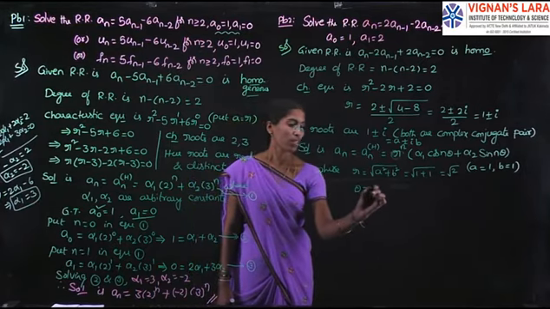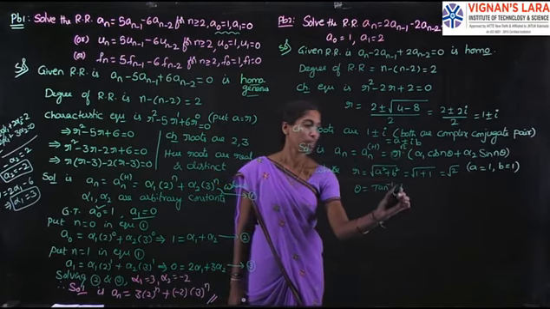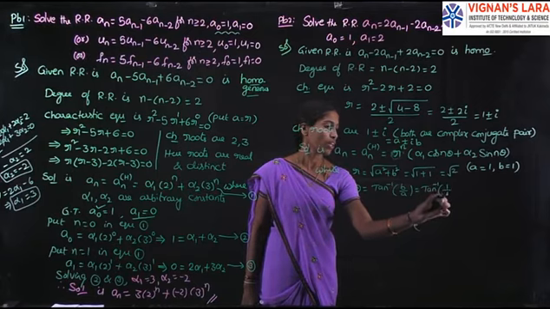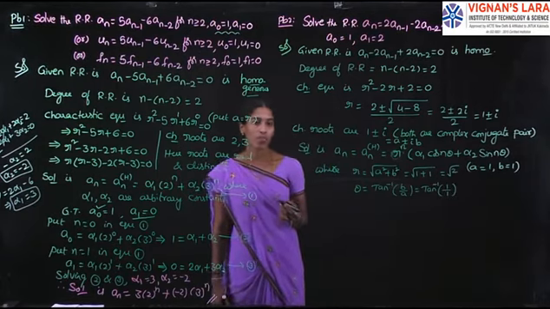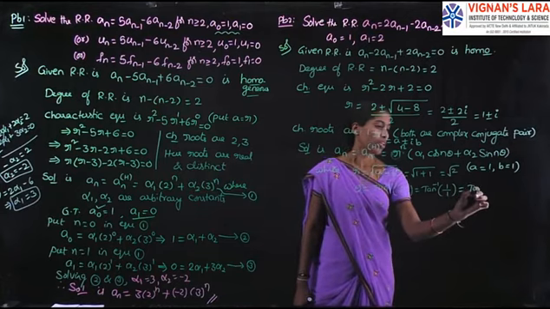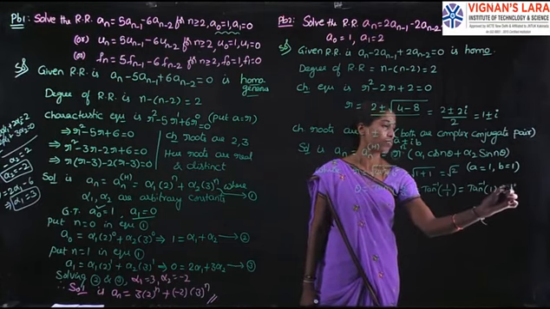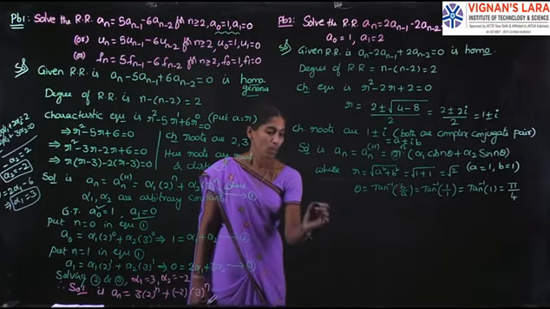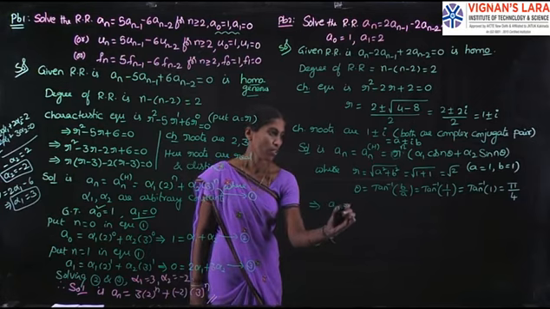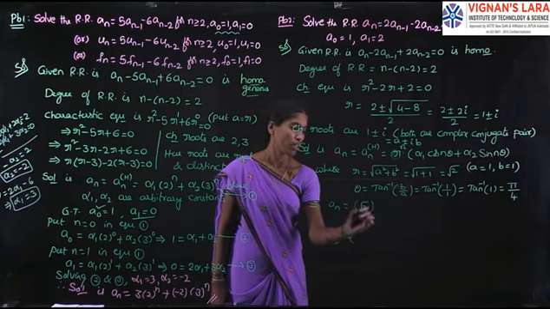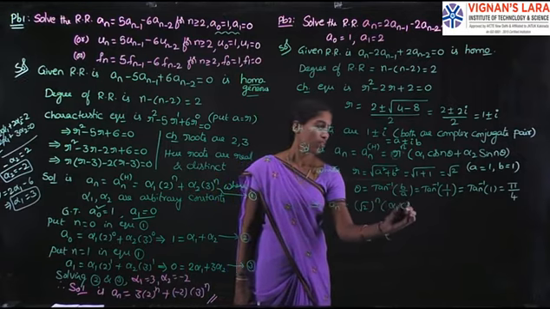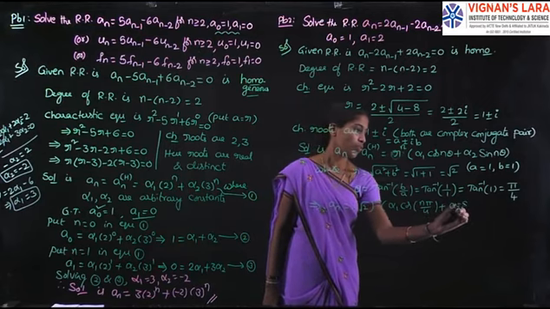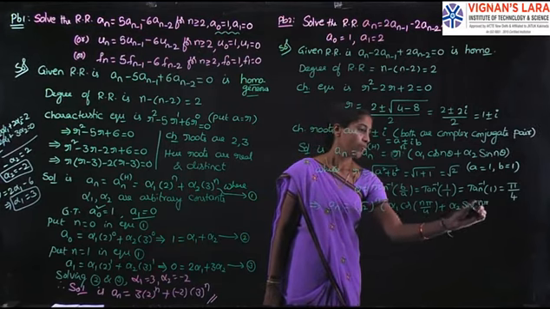Then theta value is tan inverse of b by a. So tan inverse of b value, which is here 1, and a value is 1. Tan inverse of 1 by 1 is tan inverse of 1, which is pi by 4. Right? So after calculating it, An is equal to root 2 to the power n, alpha 1 cos n pi by 4 plus alpha 2 sin n pi by 4.